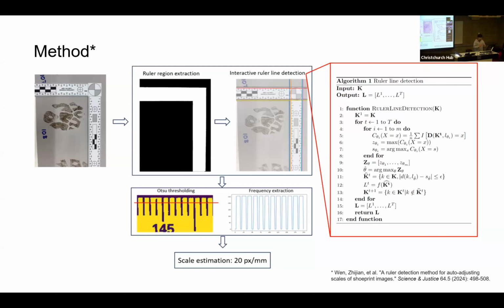And then once the line has been detected, we apply a method called Otsu thresholding to convert the images into binary images so that we can then extract the pixels along the ruler line. Once we've done this and we plot sequentially, we obtain a sequential plot that shows in here. And how the scale is estimated: we basically count how many pixels are within each oscillation and then finally take the average of it.